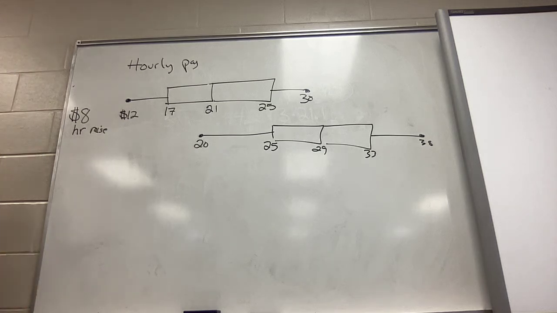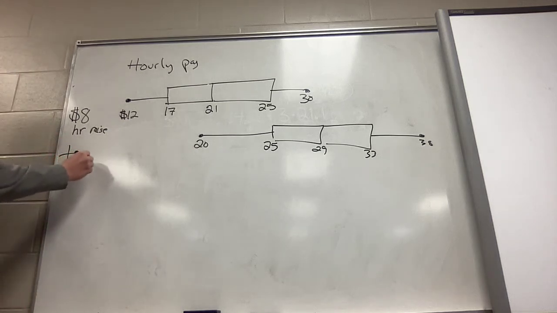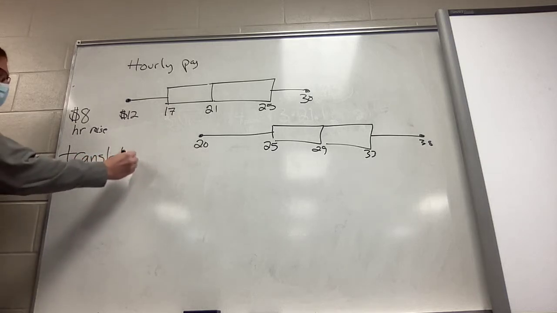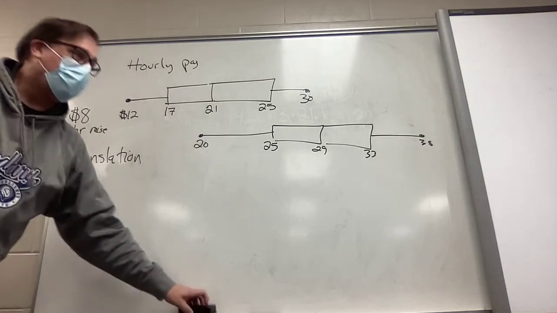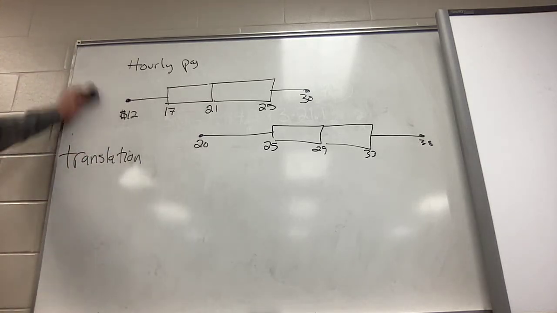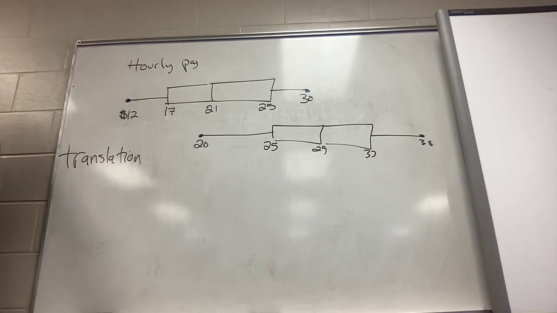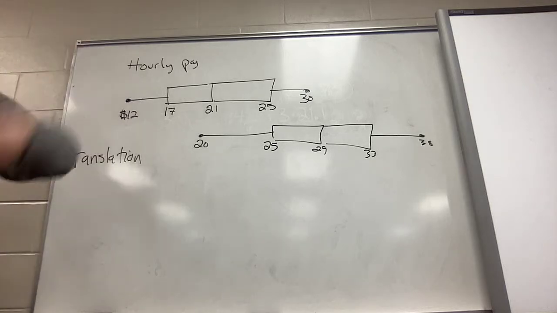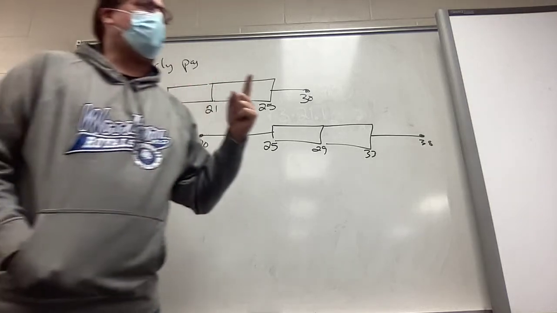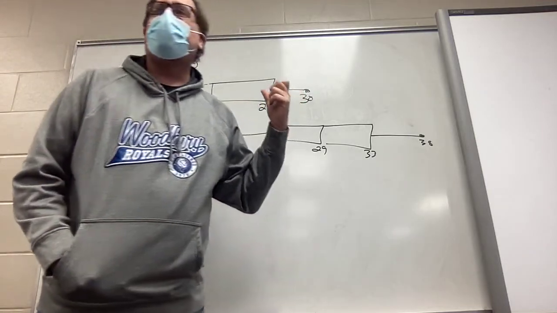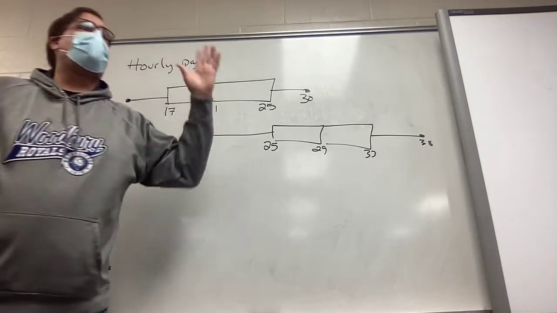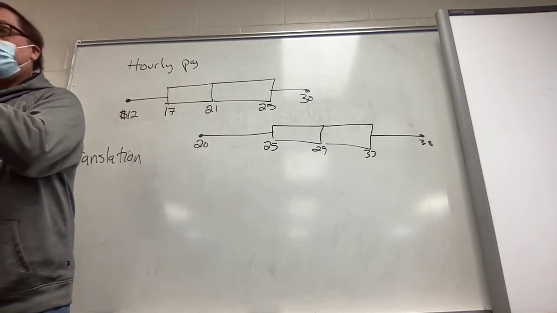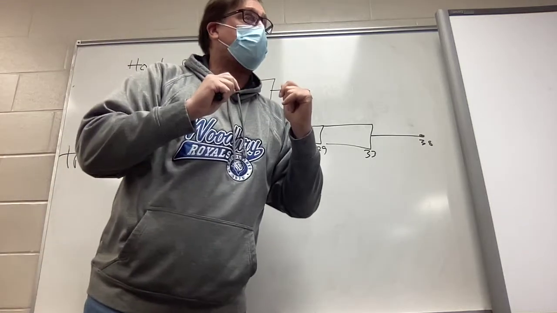And this is a mathematics word you've used before. It is a translation. So this graph translated over 8 bigger. All right, did the minimum grow by 8? Did the maximum grow by 8? The median grow by 8? Yes. Did the mode grow by 8, even though we don't see the mode? Probably. Even better than probably. If the mode, which I didn't tell you, was 18, would the new mode now be 26?